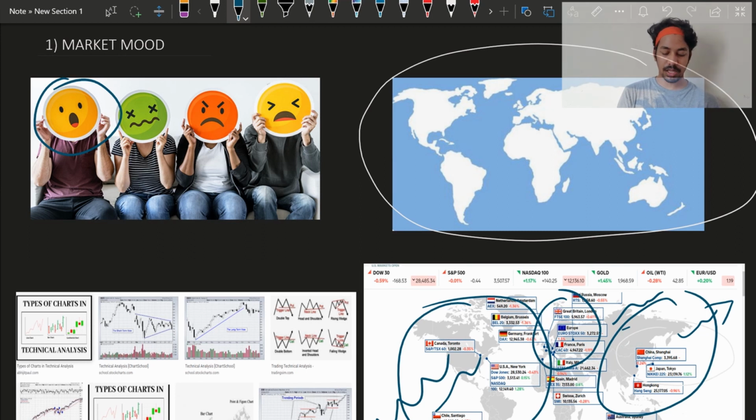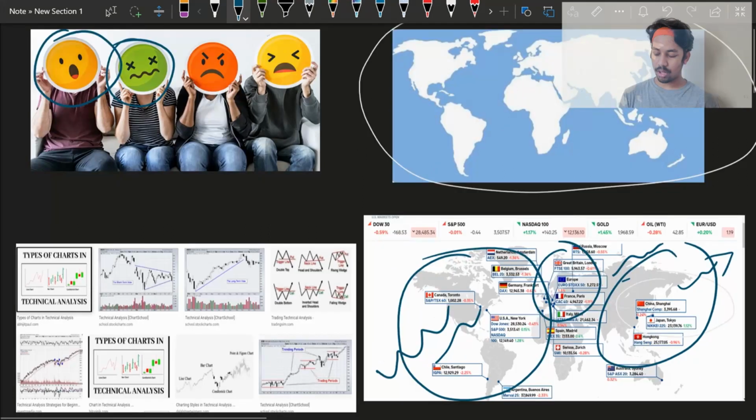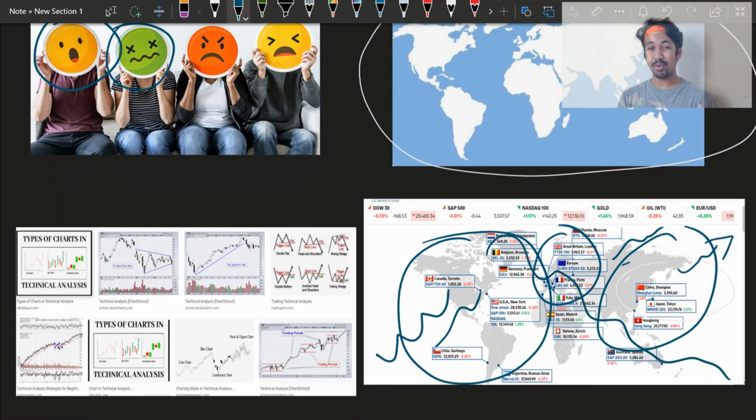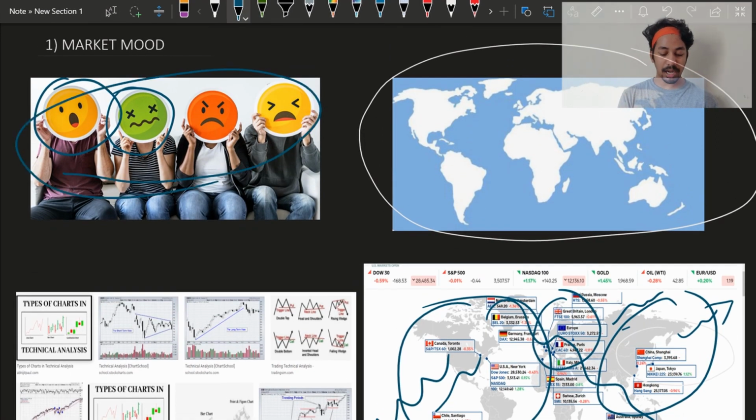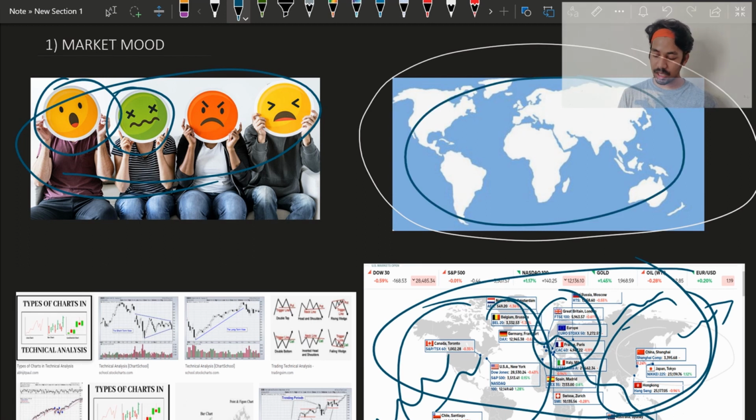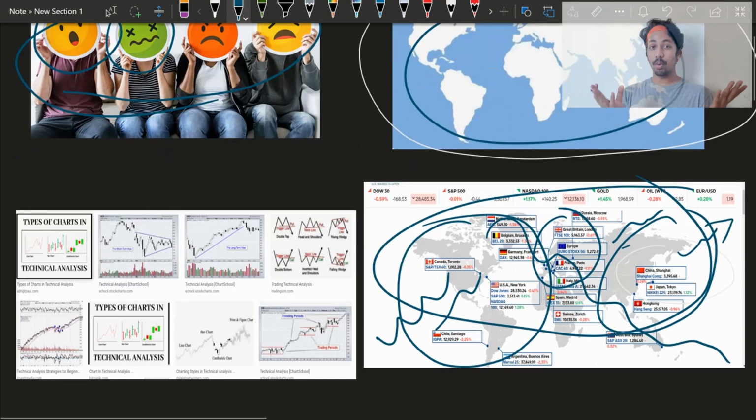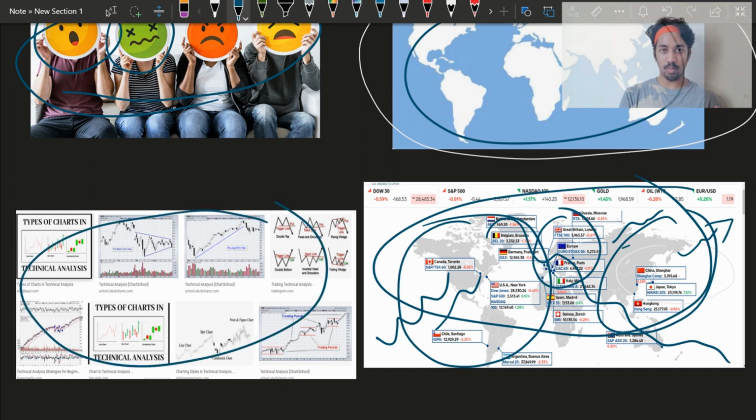In the same way, if the market mood is in crashing mode, like all the markets are crashing down, nothing could work in your favor to stop your losses. So you need to understand that the market moves globally affect a lot the market you're trading in, to know whether your market would go up or down. If the global market trend is up, so would your market trend be up, because according to that only you could earn in many ways. But if not, none of your technicals would work. No matter what you do, the technicals would always fail. So understand the market mood in the situation in which you're investing or trading.